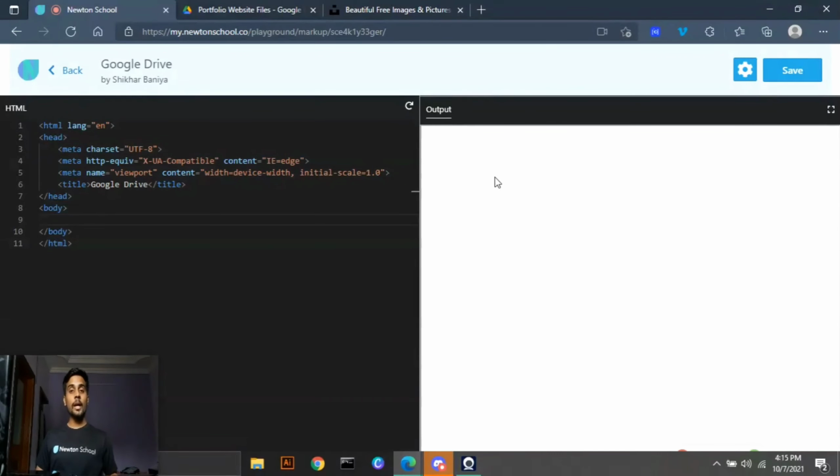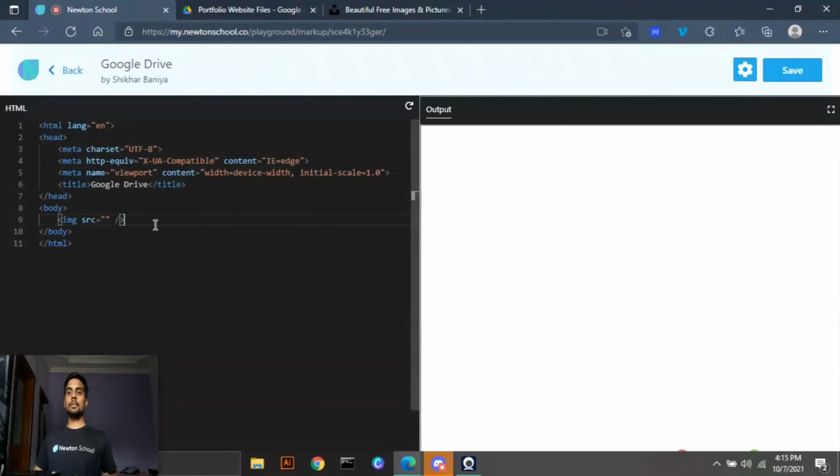Okay, so here we are in the code editor, and first let's understand what exactly the problem is. So we want to display an image on the web page. So I will write the image tag. After this, I want to specify the source of the image, and let's close it.